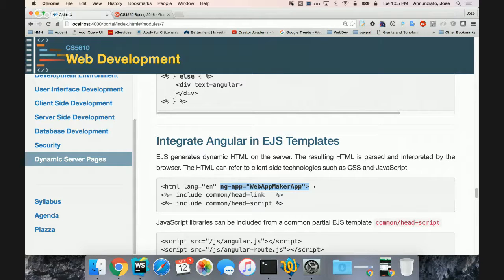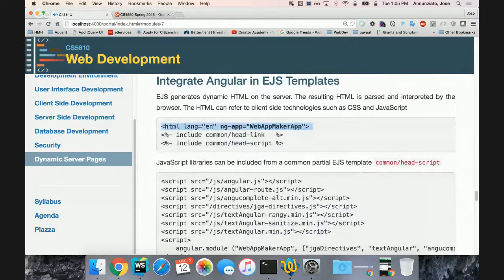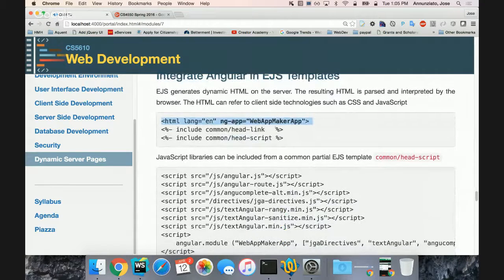So you have like an editor, an IDE, where you can configure routes, controllers, directives, and all sorts of things that you need in an Angular application. So anyway, here's my EJS sending back a Web App Maker ng app,